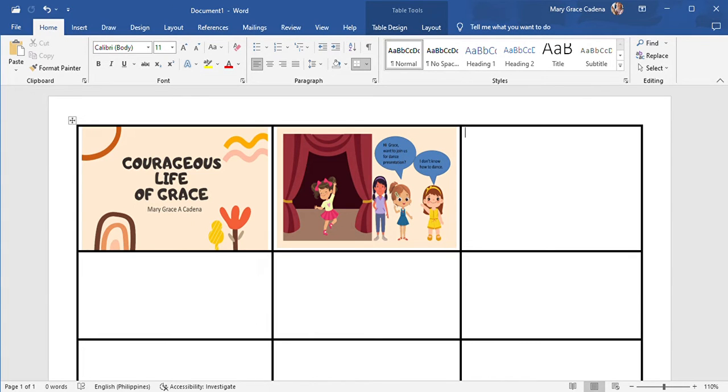Then try to get the next picture, copy it and paste.